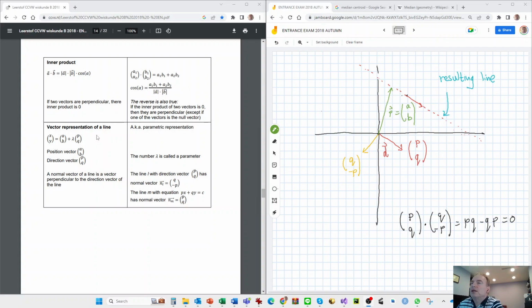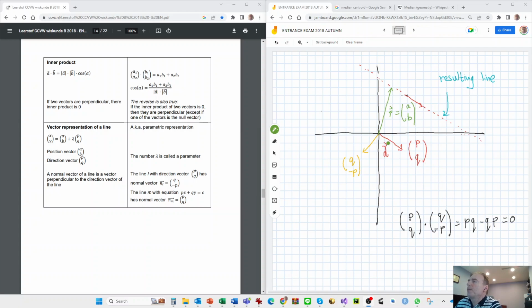Now, for a line, we have seen a representation in the form y is ax plus b, but you can also write it in a vector representation, and it works as follows. You have a position vector AB and a direction vector PQ. And if I just take an arbitrary example, say I have a position vector here, which I call P, and a direction vector D here,